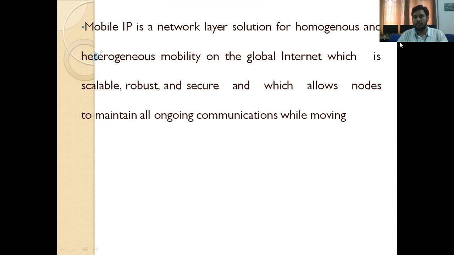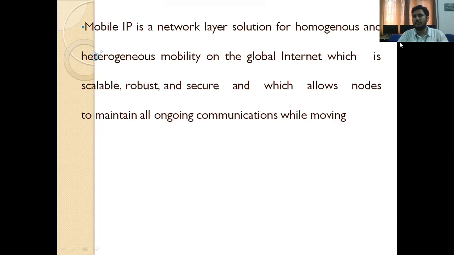In the earlier part of this video we discussed that the major role of the network layer is to identify the destination path, that means to identify the mobile station. The mobile station moves from one location to another, because it is a handheld device.